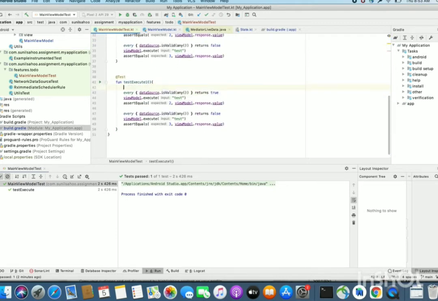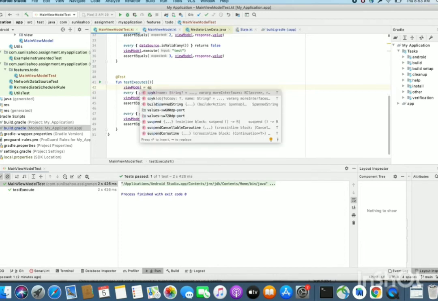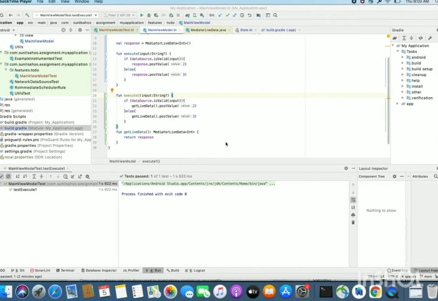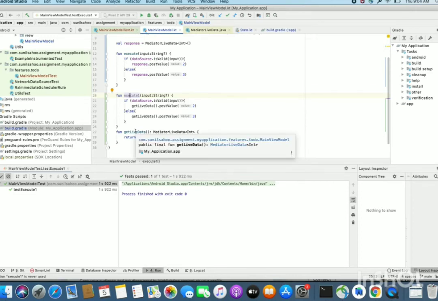This is the actual object of the view model, so we can't use the mock, we need to spy it. Now I have created this execute one method, where I have created another wrapper over the live data so that I can mock the live data in our unit test.